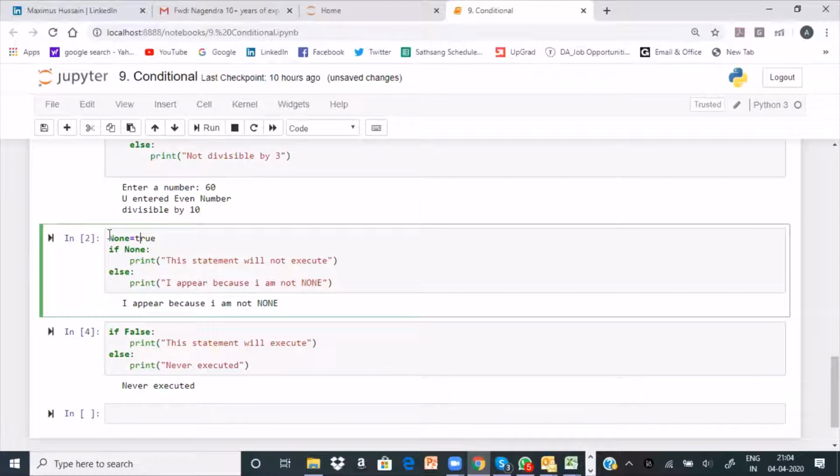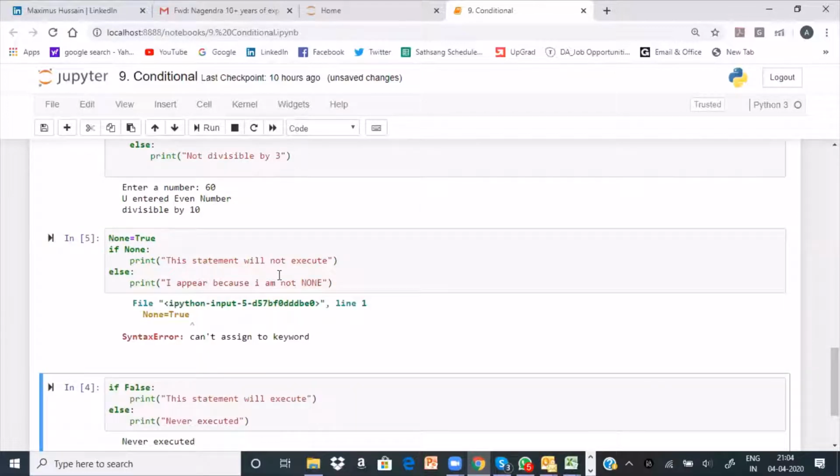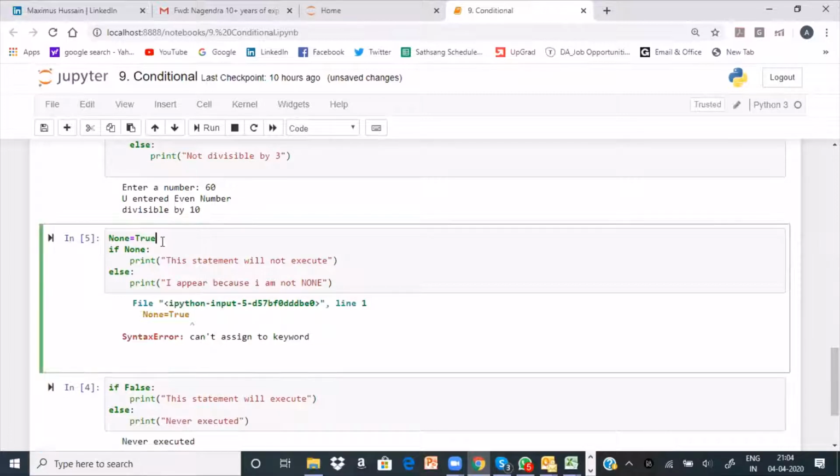Wait, hold on, I'll show you something. Because it is a keyword, you cannot assign a value to this keyword. So it is telling you can't assign to keyword. That means this is a built-in keyword set in Python by default, which is given to you for some purpose.